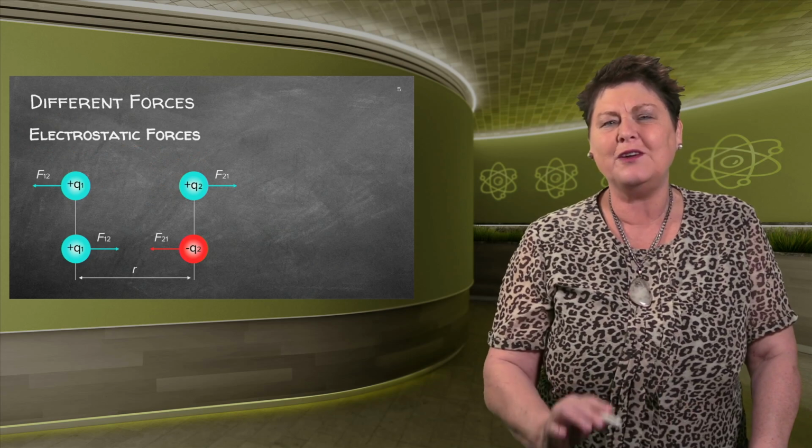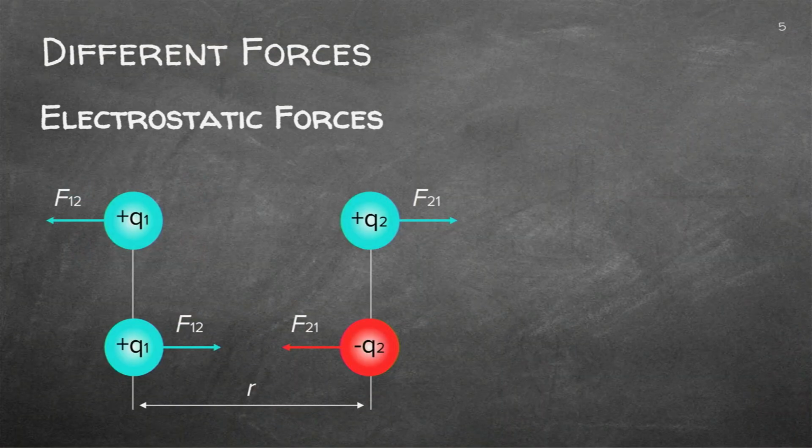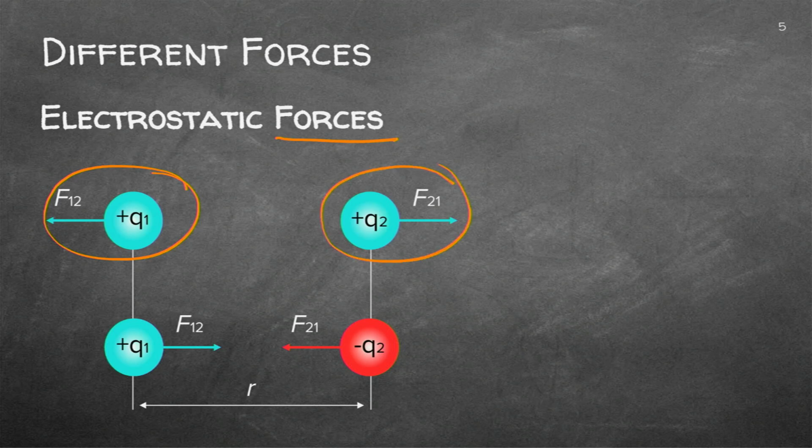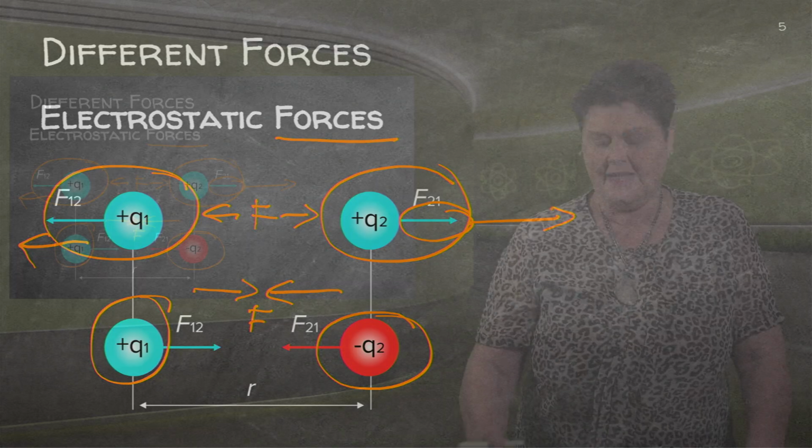Electrostatic forces we find with charges. Now, you've done a little bit of electrostatics, but now we're going to see what will be the actual force. So I've got here a positive charge as well as another positive charge. And you'll see that they will repel each other. This one will move that way and that one will move that way. When I've got different charges, a negative charge and a positive charge, as with magnetism, they will then attract each other. So the force here will be repelling and this one will be attracting. So it's electrostatic forces, similar to magnetic forces.